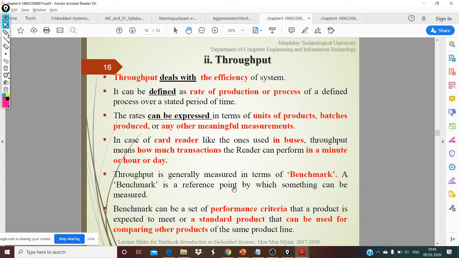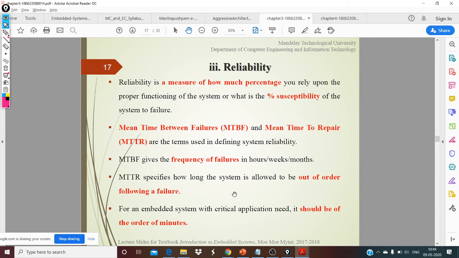Okay, and based on that benchmark, you have some metric, and that metric will differ from benchmark to benchmark. If you take camera, it's number of clicks. If you take ShareIt, how much time it takes for you to transfer the data or file from one device to the other, right? So the metrics will change, and the benchmarks will also be different, right? So there are different benchmarks for you to measure the performance. Okay, so we will just conclude with this.